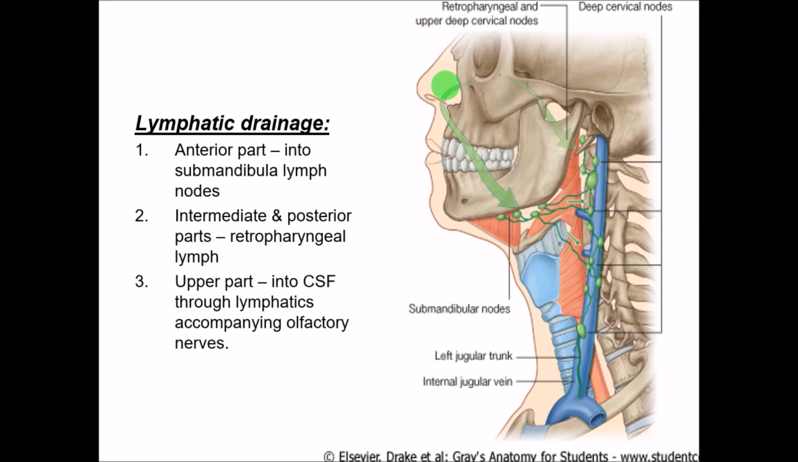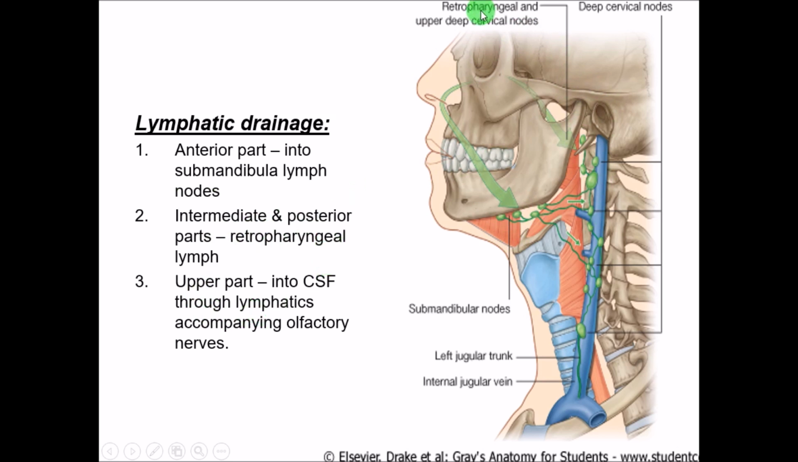Coming to the lymphatic drainage, again it is divided into the anterior part, which will be draining into the submandibular lymph nodes. Okay, so it will be draining from the anterior part of the nasal septum directly into the submandibular group of lymph nodes. The intermediate as well as the posterior part will be draining into the retropharyngeal group of lymph nodes,